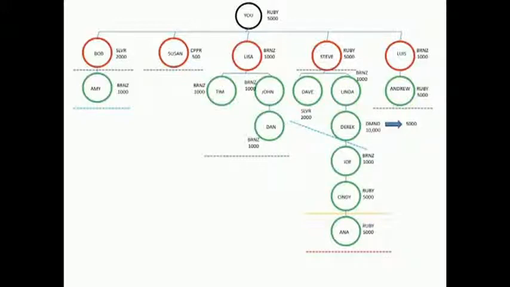Steve brought in Dave and Linda. Dave is a silver, so level 2 would end right there with Dave. But Linda is only bronze. Linda brought in Derek, who's a diamond, so on that branch, level 2 would end. So we're going to outline this so you can see where level 1 ends and level 2 ends.